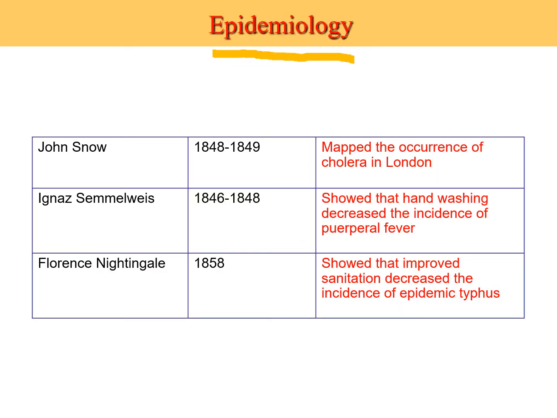Epidemiology actually has been around for a long time, the study of how, when, and where disease is occurring. In London, an outbreak of cholera was mapped, and it was clear that it was in certain areas and was particularly being spread in those areas. As I already told you, Ignaz Semmelweis, around 1847, demonstrated